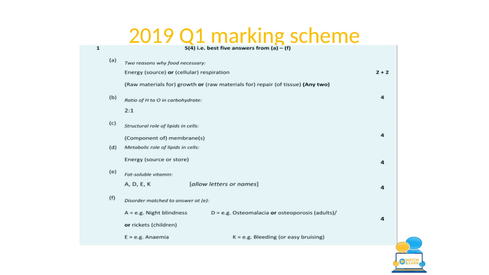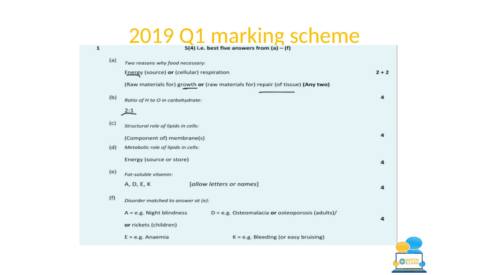Just taking a look through a marking scheme of the 2019 question 1. 2 reasons why food is necessary: we need food for energy and we need it for growth and repair. The ratio of hydrogen to oxygen in carbs is 2:1. Remember your Cx(H2O)y. That's your general formula, which informs us that we always have twice as many hydrogens as we do oxygens